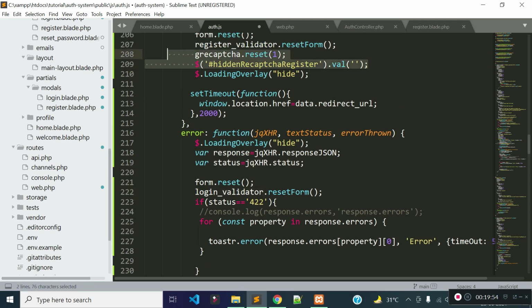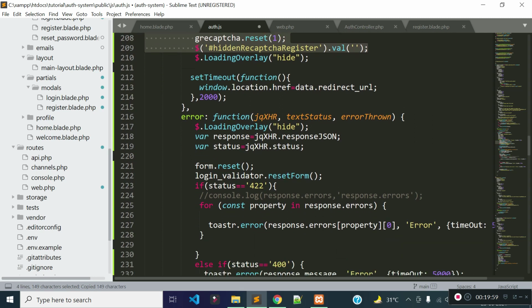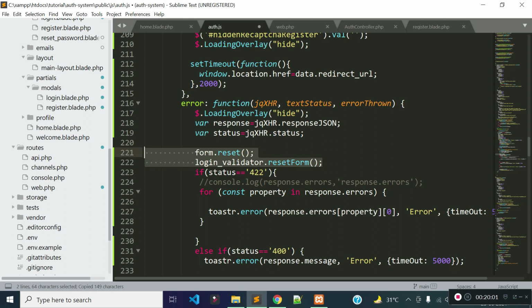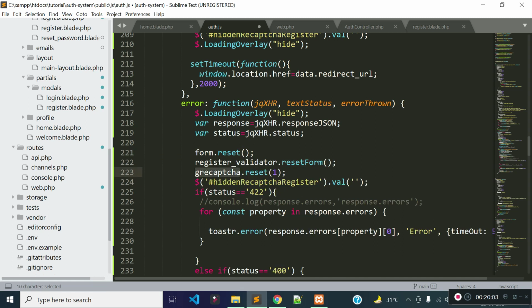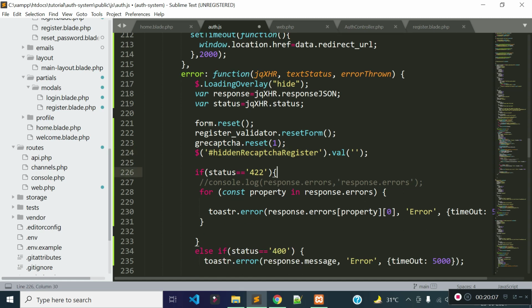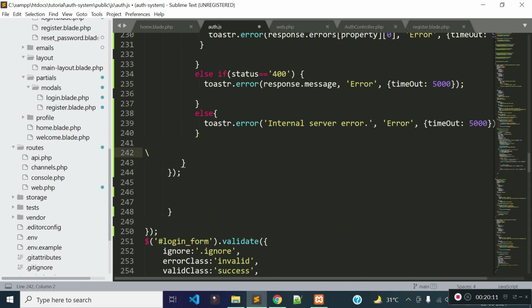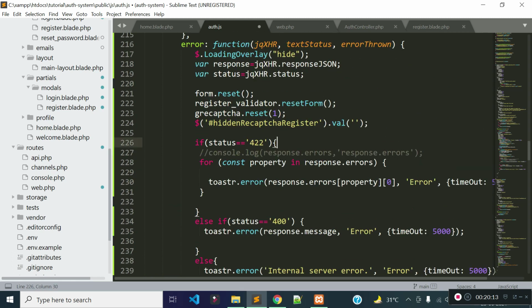Let's copy the code. This will be the same. So I'll reset the form, I'll reset the reCAPTCHA, and I will also clear the hidden field value. Okay, so we do not need to write it here again.